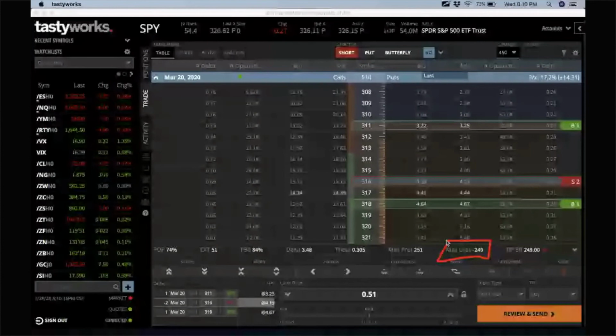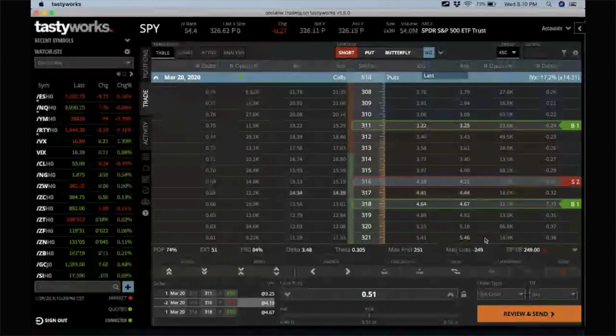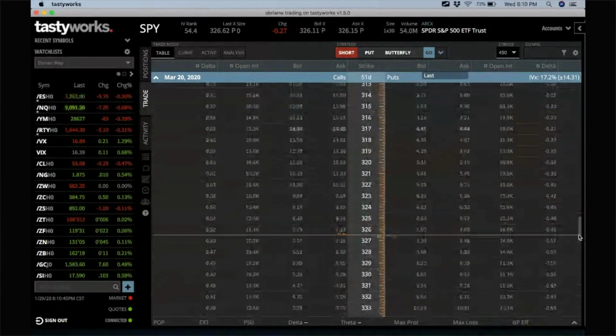So in this case, your max loss can be 249, but your probability of success is at least 70%. All right. And this right here is a pretty good trade credit wise. And if you decided to use a broken wing butterfly for a hedge, let's discuss it regarding a hedge. Let's just say you wanted to buy at the